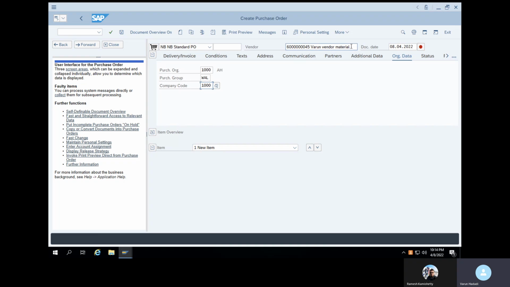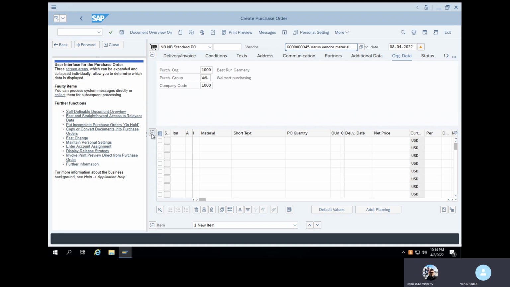Block means the system will not allow you to create a purchase order for that vendor within that mentioned period. So block means it will not allow creating a purchase order with that vendor, but with fixed it will allow, right? Yes, fixed it will allow. It will prefer a fixed vendor. Whenever you create an order with another vendor, you will get some message.